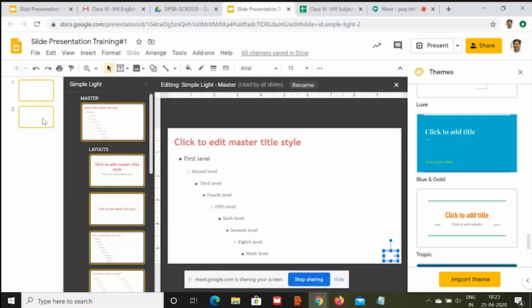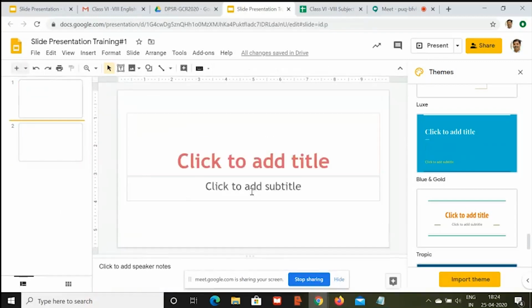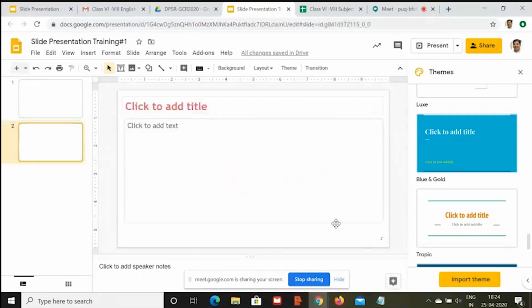So first of all, let's go and see whether these slide numbers are coming or not. So I'll just click on second slide, and on the second slide at the bottom, this small number is displayed, right? By default, the size of the slide number will be like this. We don't want our slide numbers to be displayed like this. They should be prominently visible.